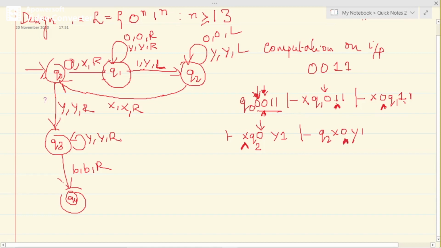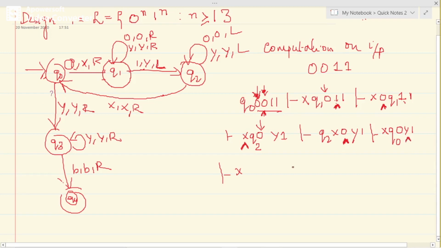In the next processing it has to be on this character, so Q0 on 0. What does it do? This 0 will be replaced by X, and then next it has to be here.